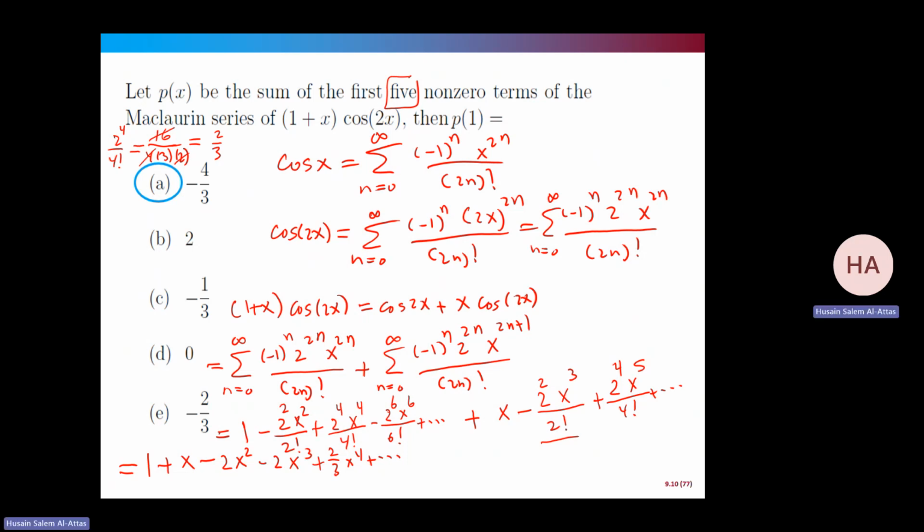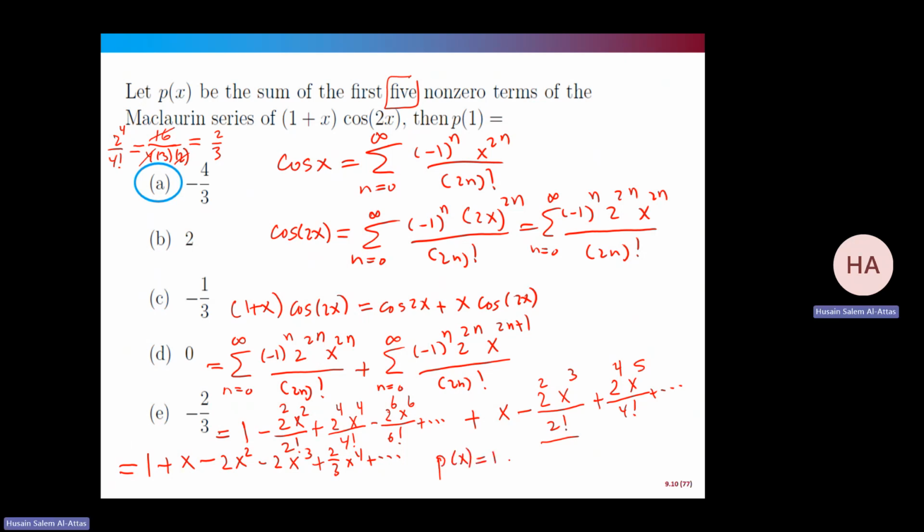Okay. Because I need the first 5. This is 1, 2, 3, 4, 5. Now you want me to find P at 1. This is my P, P at x. So what will be P at 1? For the first 5, my P of x, no, this is not P of x. My P of x will be